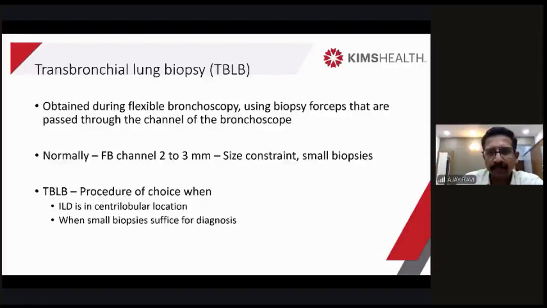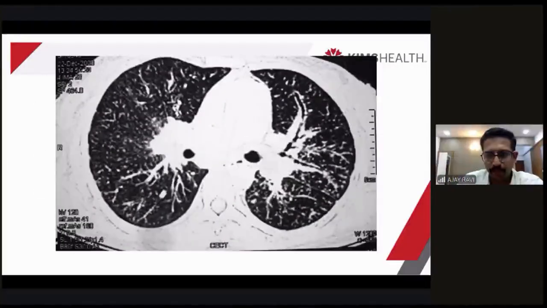And what is the problem with this? Because we take it for parenchymal lung disease, interstitial lung disease, small biopsies may be a constraint. But we can try it for interstitial lung disease of centrilobular location, or some infection-like lesions or miliary lesions. When small biopsies are sufficient for diagnosis, you can go with that. Otherwise, it will not help much. You may have to go for a